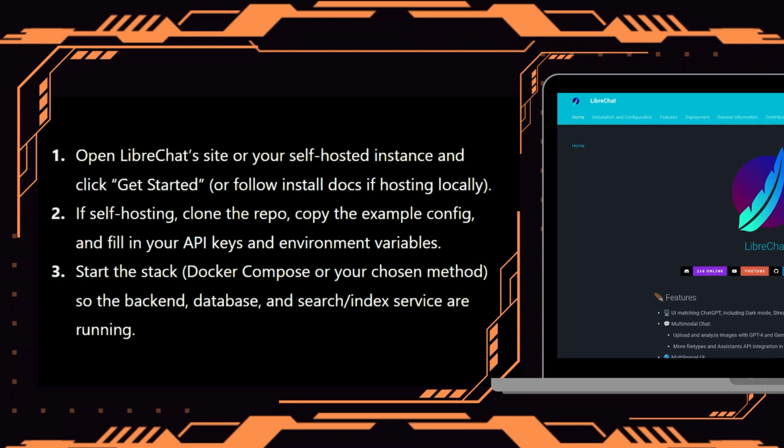First, open LibreChat site on your self-hosted instance and click Get Started or follow Install Docs if hosting locally. If self-hosting, clone the repo, copy the example config, and fill in your API keys and environment variables. Then start a stack with Docker Compose on your chosen method so the backend, database, and search or index service are